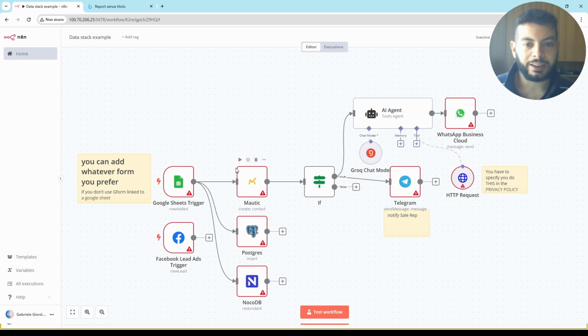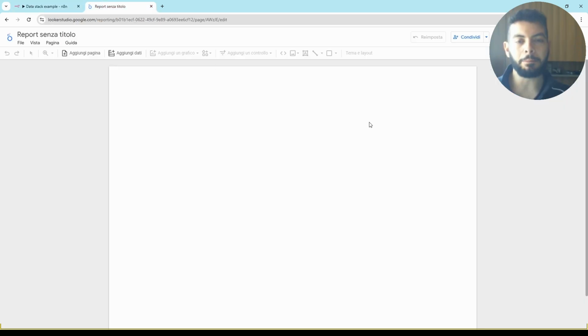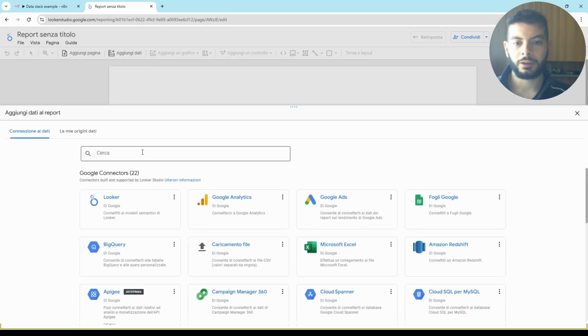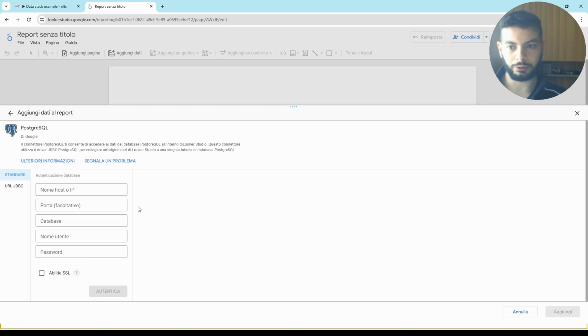Then the data can be processed not just as mentioned here, but in a visual term from Postgres or also MongoDB. But let's start from Postgres. I sometimes mention a business intelligence solution or data visualization. This Looker of Google, and if we go here, we see that we have the Postgres connector. Here we go inside the difficult part of this video, that is the credentials.